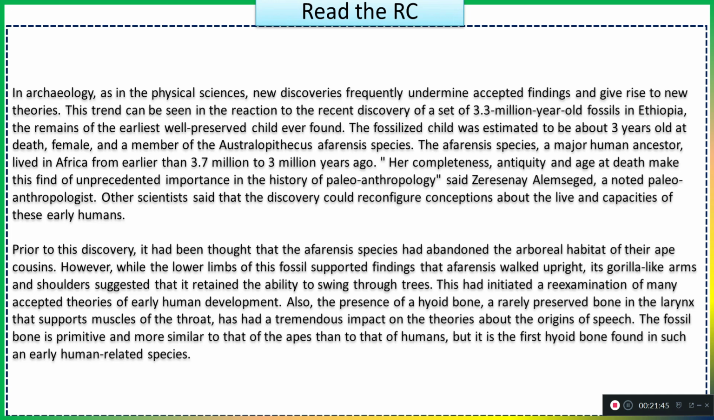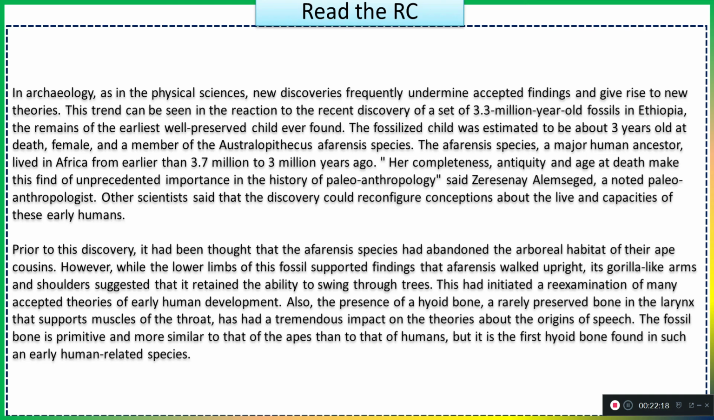The Afarensis species, a major human ancestor, lived in Africa from earlier than 3.7 million to 3 million years ago. Now look at the quotes, guys. First thing that we have to understand is that they are talking about a recent discovery which will undermine the accepted findings and will give rise to new theories. The new discovery is the discovery of a fossil which is 3.3 million years old, and it is the remains